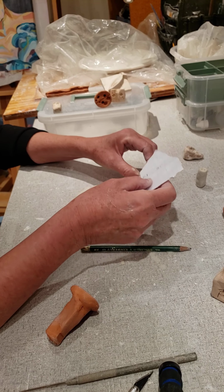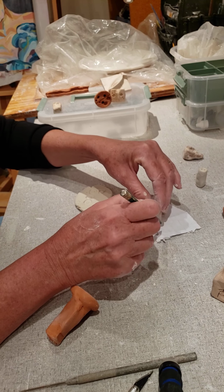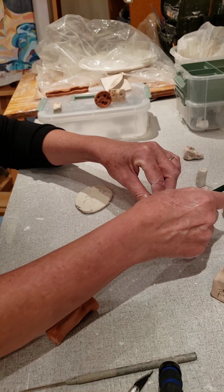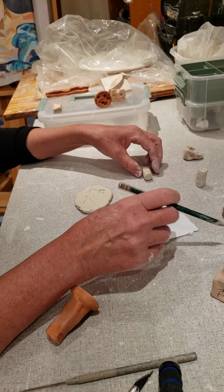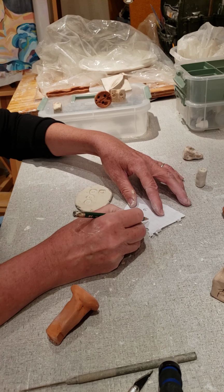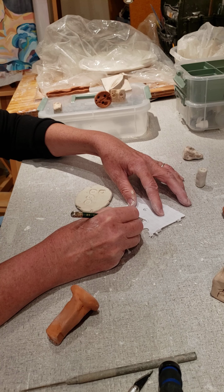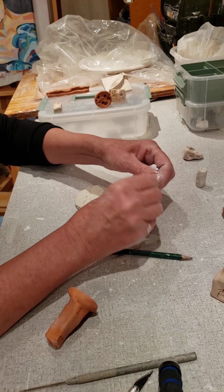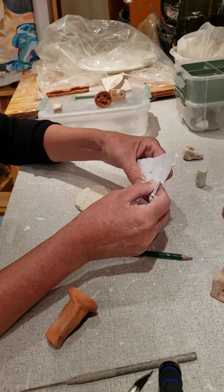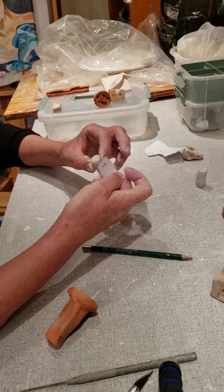Now that might be a little too big, so a smart thing to think about is to trace around the shape that you're going to put it into before you do it. It's not perfect there. And make it a little bit smaller. You don't want it going to the edges because the edge will probably get in the way and you might lose part of that shape. So I'm going to take that J, I'm just going to rip it out, and I can see it